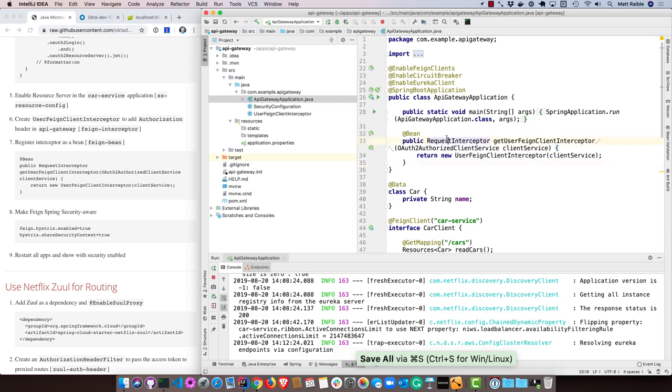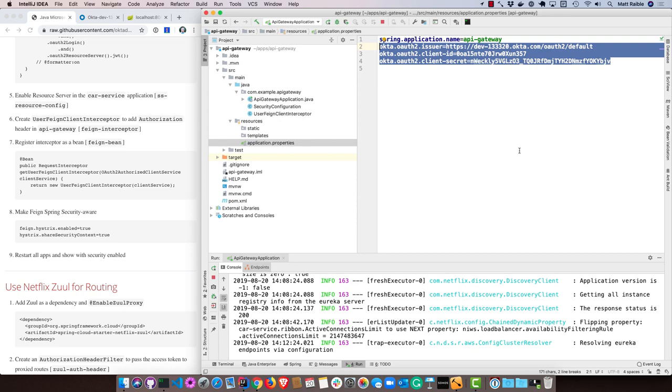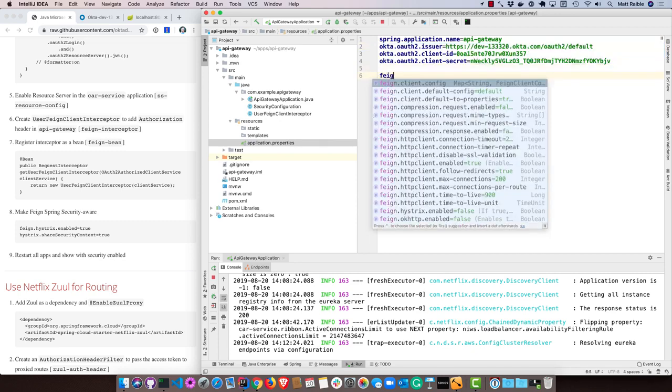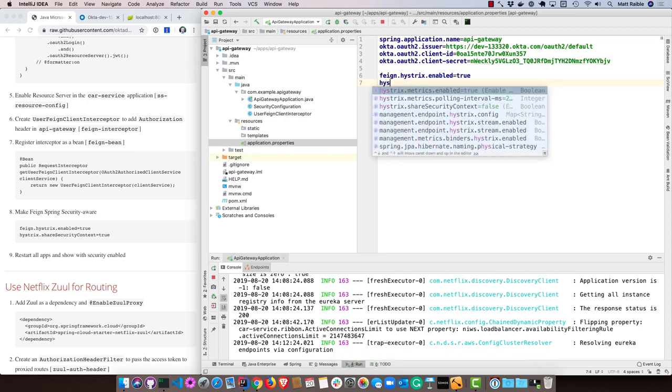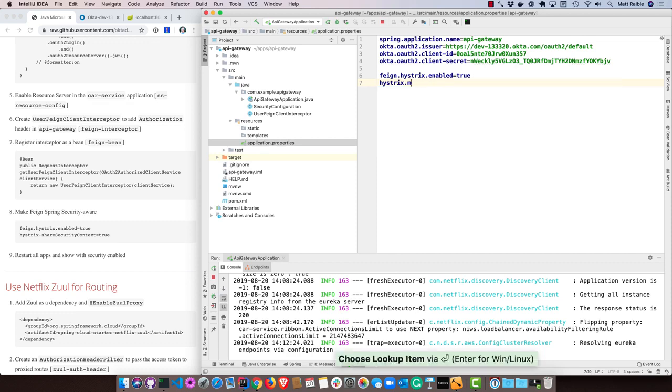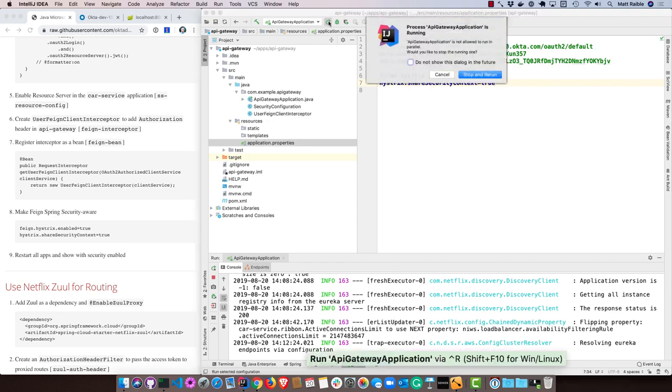So you see we have a request interceptor bean, which takes in that OAuth 2 authorized client service and returns that user Feign client interceptor. And to make Feign Spring Security aware, you need feign.hystrix.enabled true, and you need hystrix.shareSecurityContext true. That allows any of that fallback and any of the Feign logic to actually work with Spring Security. So now we can restart the API gateway,